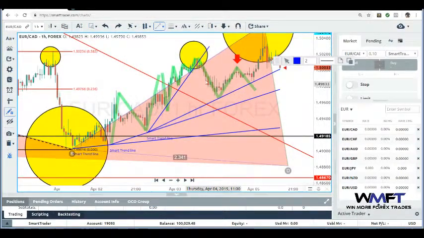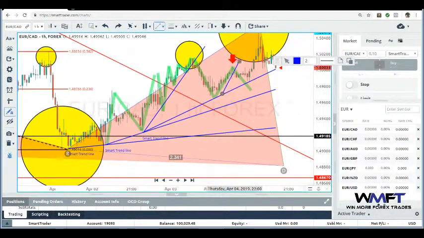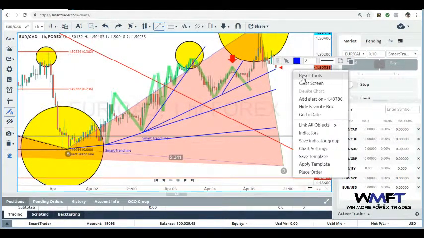So now this is the new trend line that Smart Trader has given me, but at that particular time the market had broken this trend line, had entered the sell zone, and then we had a counter trend line break right here. We had a counter trend line break here. That's what let me know that it was time to start selling the market. So I started selling the market, then the market went up,